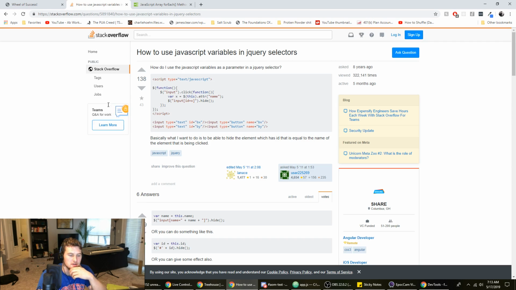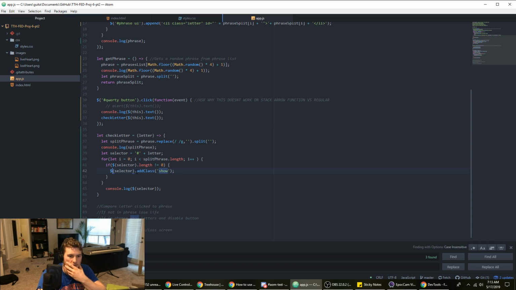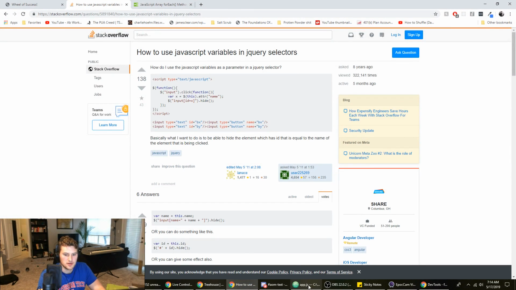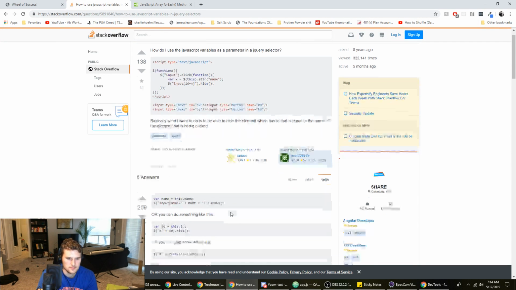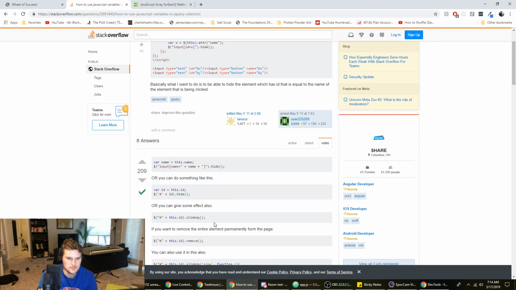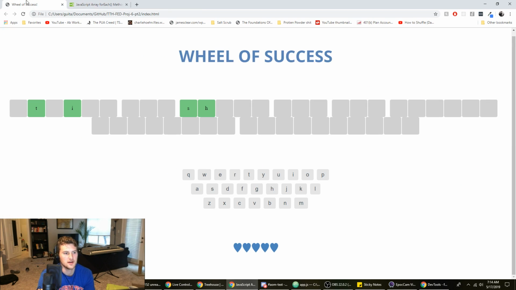So we'll just do selector dot for each, add the class, because this is going to give us an array of those objects, I think. We don't need that anymore, actually.